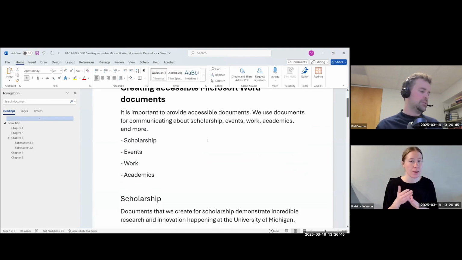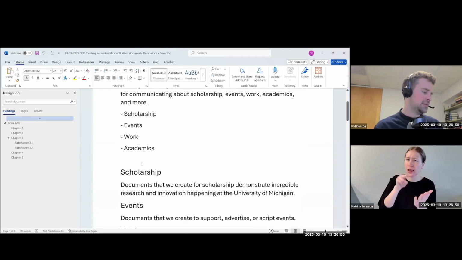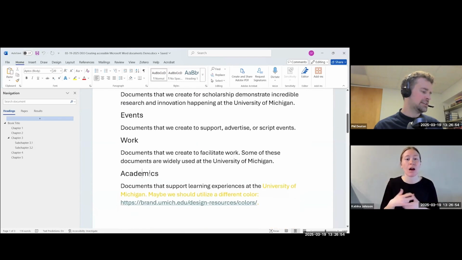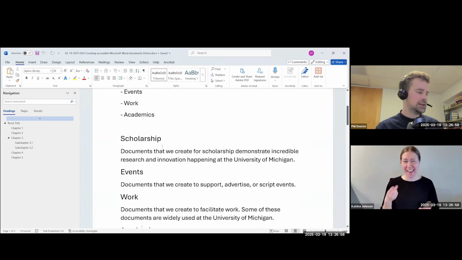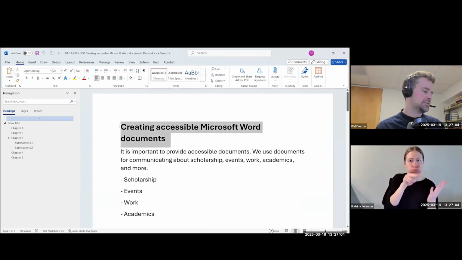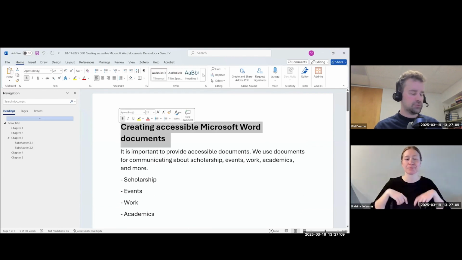Before we do that, I want to just go through this document and see if there might be other headings that we have. I think that Scholarship, Events, Work, and Academics should all be made into headings as well, as these are sections, and we want folks to be able to navigate by the different sections in our document. Okay, but this is the first heading on the page, so going back up to "Creating Accessible Microsoft Word Documents,"